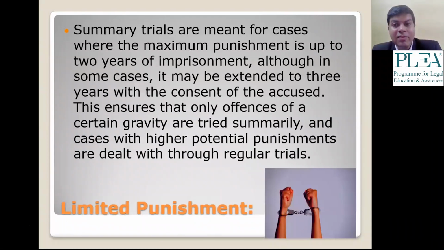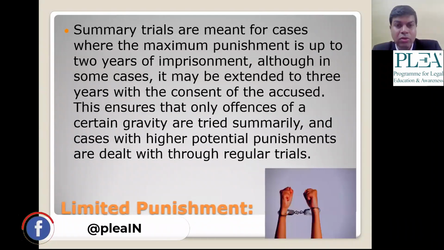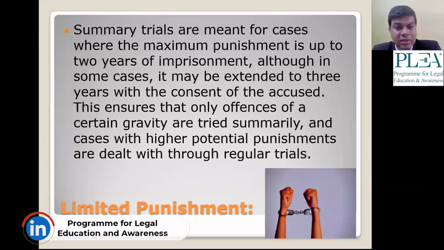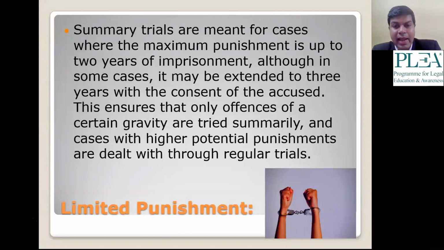Summary trials are meant for cases where the maximum punishment is up to 2 years of imprisonment, although in some cases it may be extended to 3 years with the consent of the accused. This ensures that only offences of a certain gravity are tried summarily, and cases with higher potential punishments are dealt